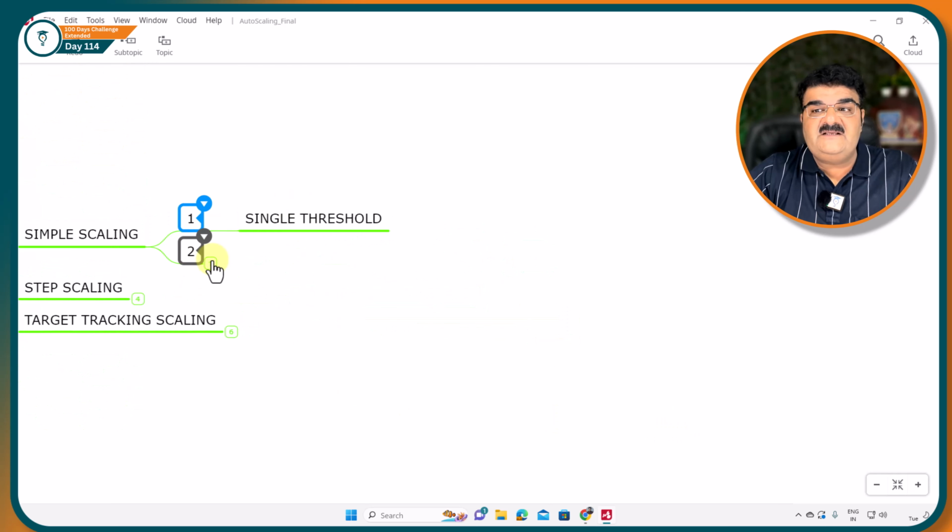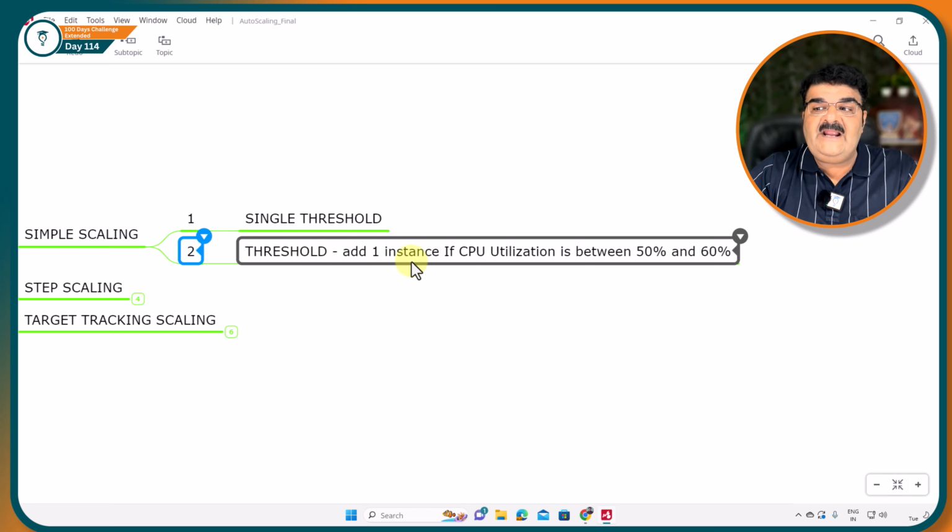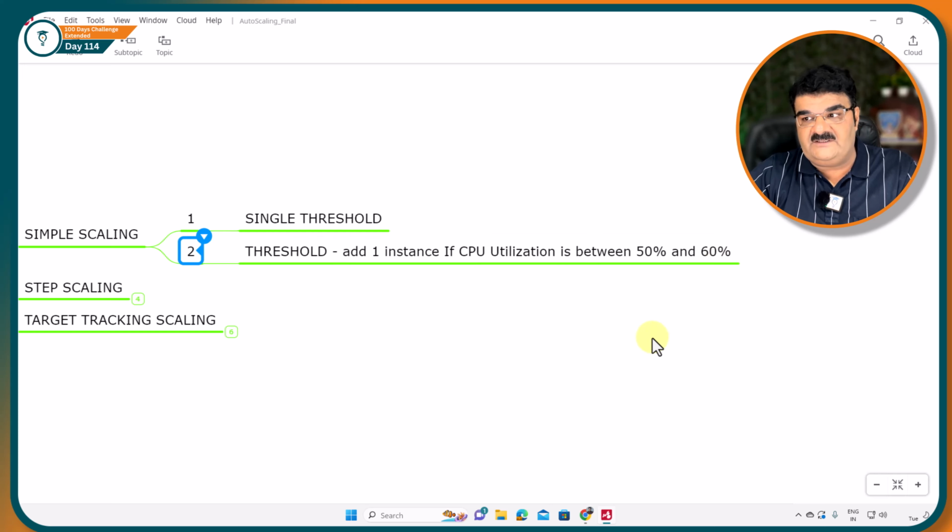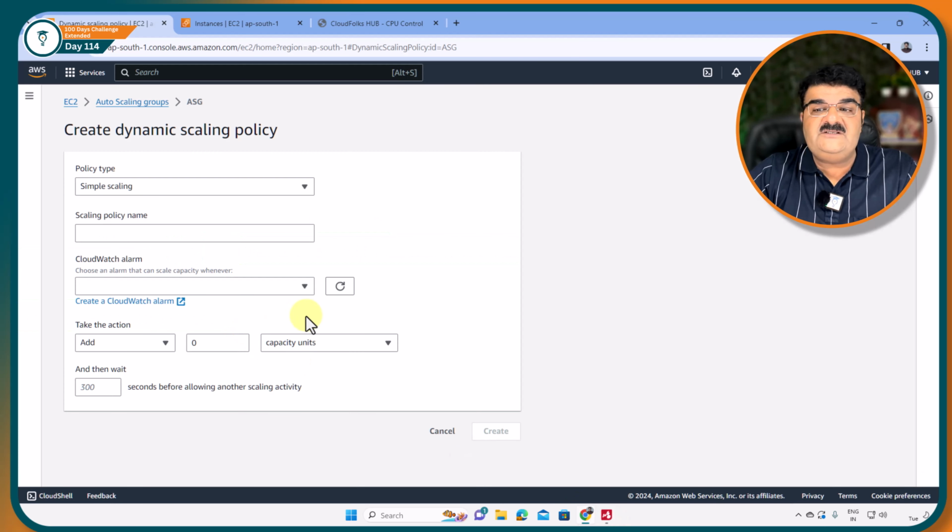Here you can set up a single threshold. Threshold means add one instance if CPU utilization is between 50 to 60%. If my CPU utilization of EC2 instance is in between 50 to 60%, add one capacity unit. So you can increase the capacity. Okay, you can increase the capacity by providing capacity unit or percentage of group. But here you can add instance one time. Okay, so in the simple scaling, you can add instance according to the CPU utilization, or there are many metrics